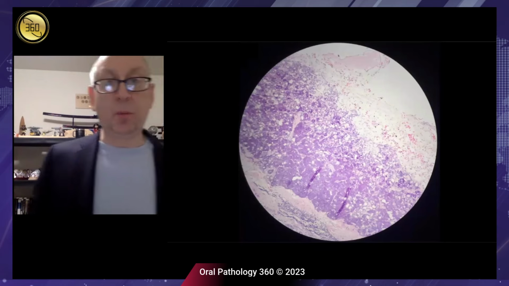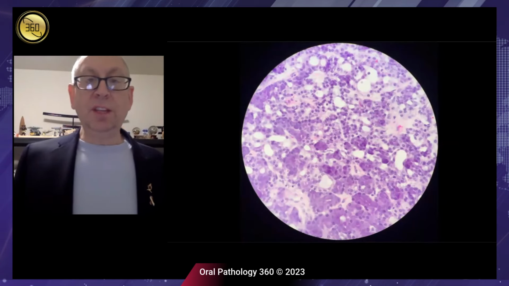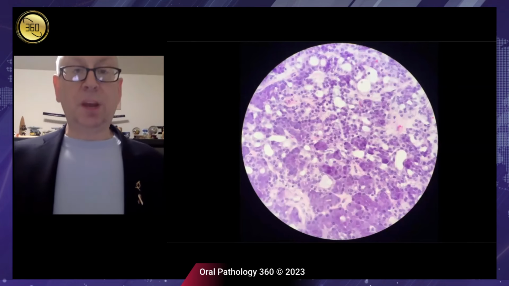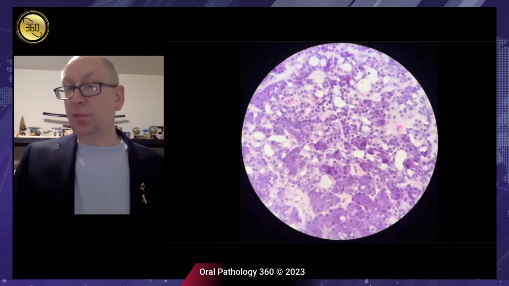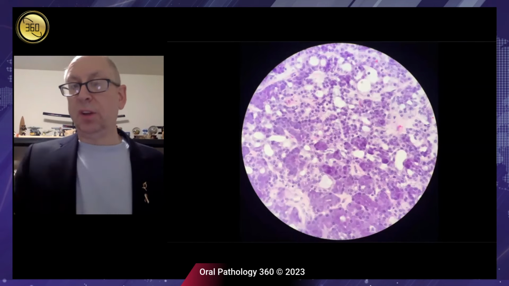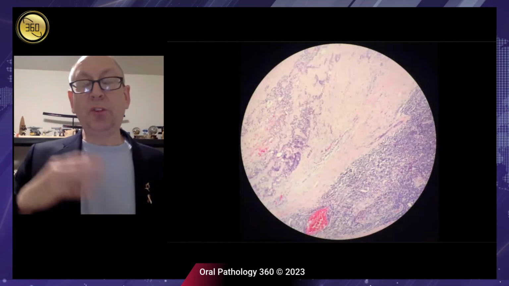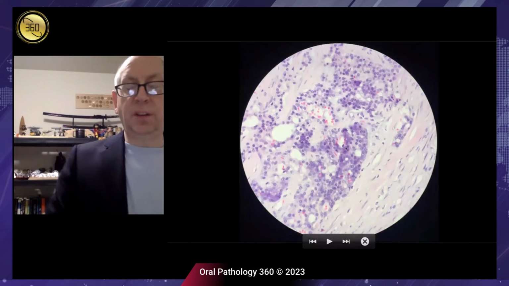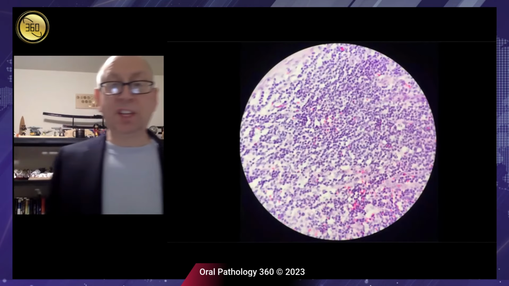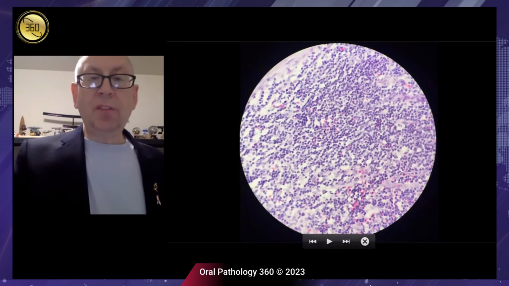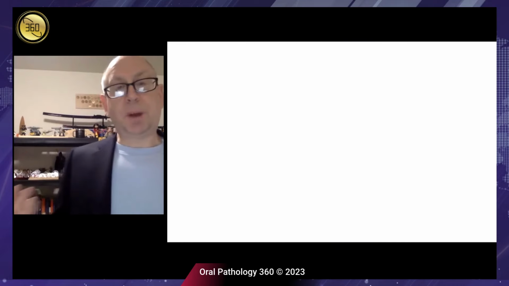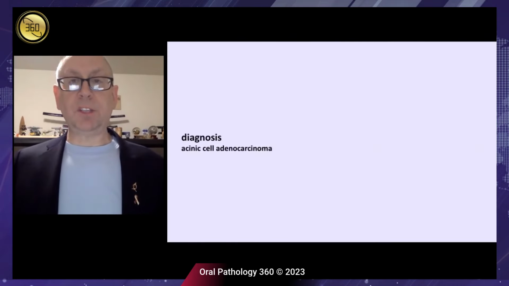It's less amphiphilic, more basophilic. And when I start looking at these, now I start to see these secretory granules, these zymogen type granules. So now if I'm in the same differential diagnosis of acinic cell, secretory, mucoepidermoid carcinoma, and I don't see as much secretory product, and I look even in the other areas, there's some optically clear cytoplasm, but I still have enough of this granular basophilic cytoplasm. And then I have this surrounding lymphoid stroma, and that's very common of this tumor. So I would ask my learners at this point, what's your preferred diagnosis and how will you tease it out?